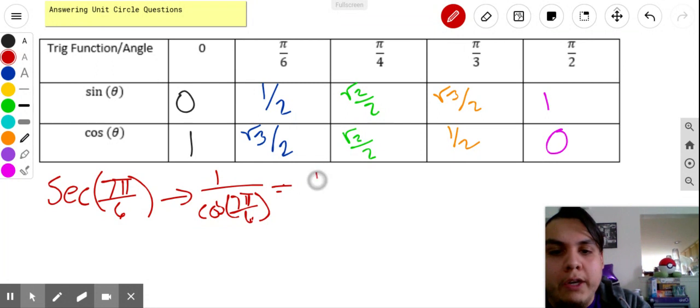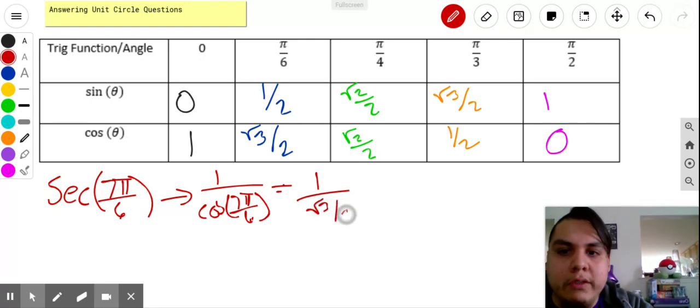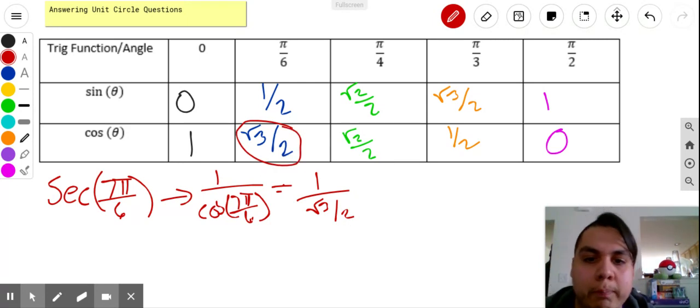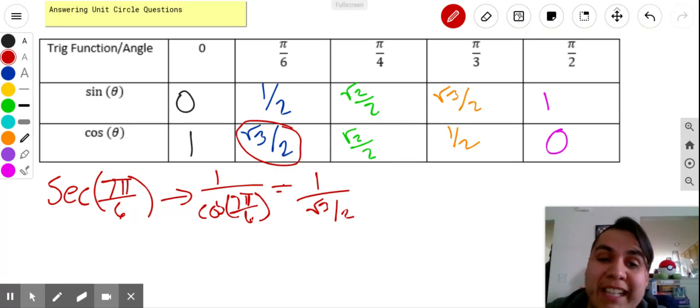So I know it's going to be 1 over radical 3 over 2 because cosine of pi over 6 is radical 3 over 2, but it's 7 pi over 6,